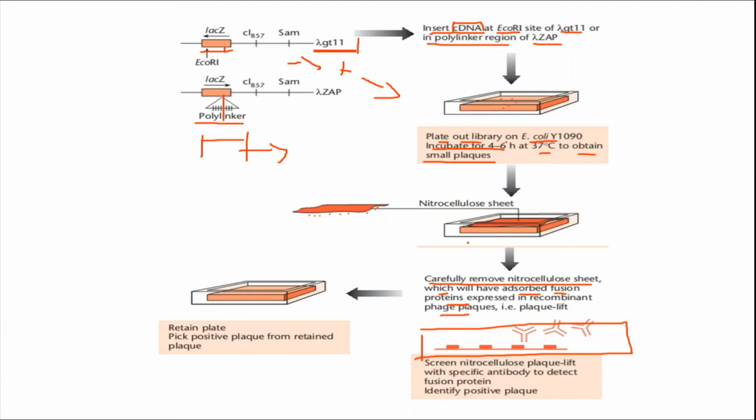Okay, the nitrocellulose membrane turns to here. So the cells are treated with cell lysis buffer or chloroform or toluene. Unbound material is washed away, and the specific antibody is then applied to the plaque. The antibody binds if the cloned protein is present in the cell. Unbound antibody is washed out.